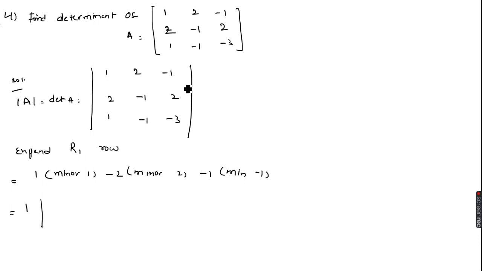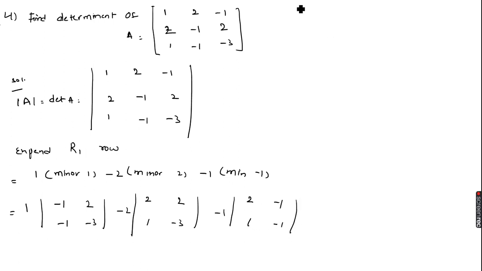We remove the corresponding row and corresponding column, we get minus 1 2, minus 1 minus 3. Minus 2 into minor of 2, we get 2 2, 1 minus 3. Minus 1 into minor of minus 1, we get 2 minus 1, 1 minus 1, and we get that